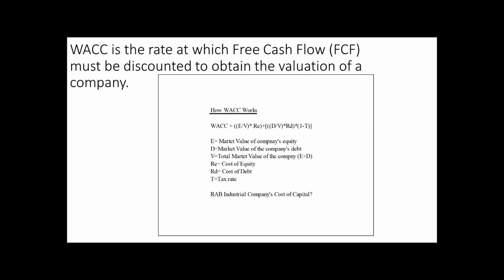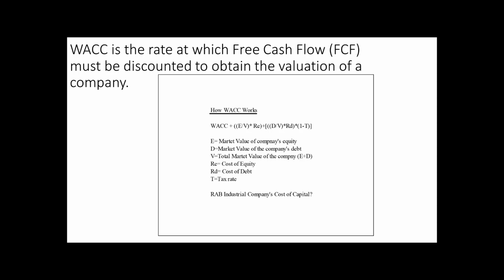See, we have here formulas. It says E is the market value of the company's equity, D is the market value of the company's debt, V is the market value of the company's total E and D, which is equity and debt combined. RE is the cost of equity, RD is the cost of debt, and of course we have to calculate taxes. Hopefully we're making money on this. Now I'm just going to go through a quick simple example here so that you can get a better idea of how this will work.